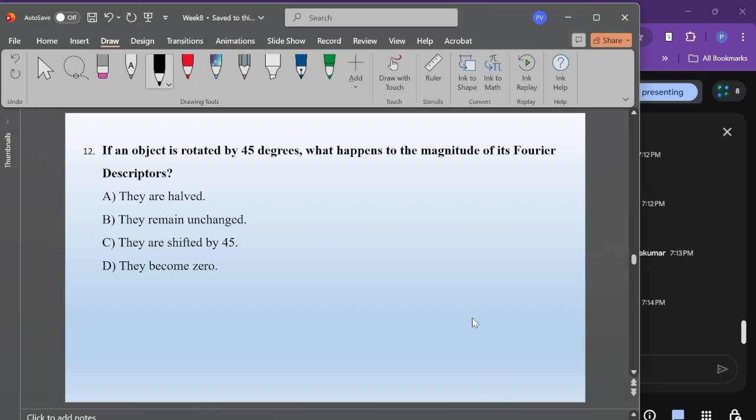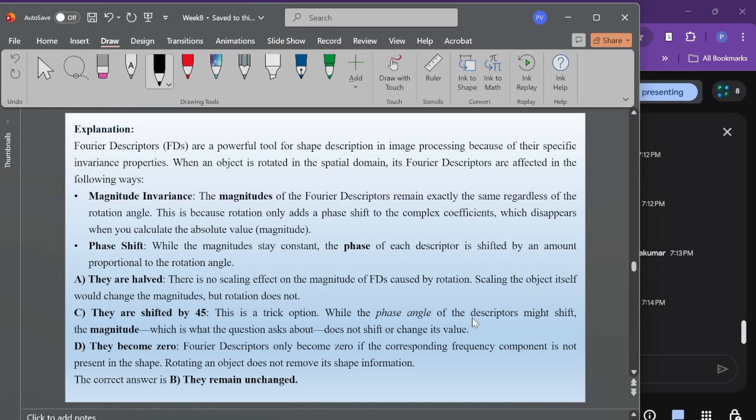Okay, so let's see. The solution is here. Fourier descriptors are a powerful tool for shape description in image processing because of their specific invariance properties. When an object is rotated in the spatial domain, its Fourier descriptors are affected in the following ways. One is magnitude invariance: the magnitudes of the Fourier descriptors remain exactly the same regardless of